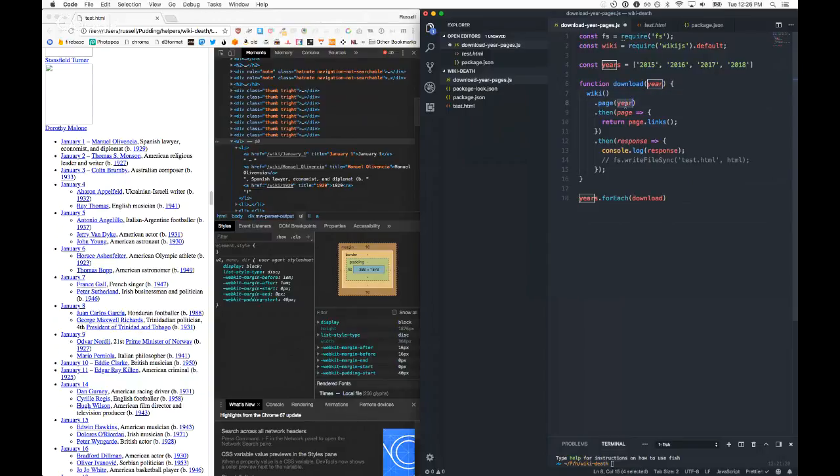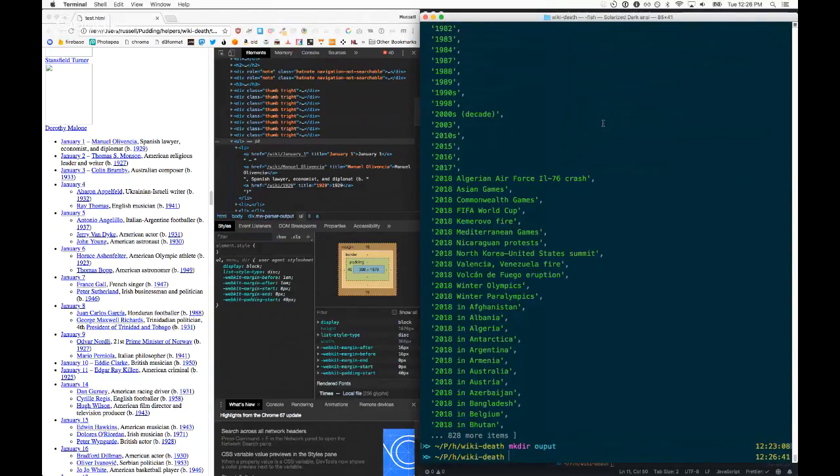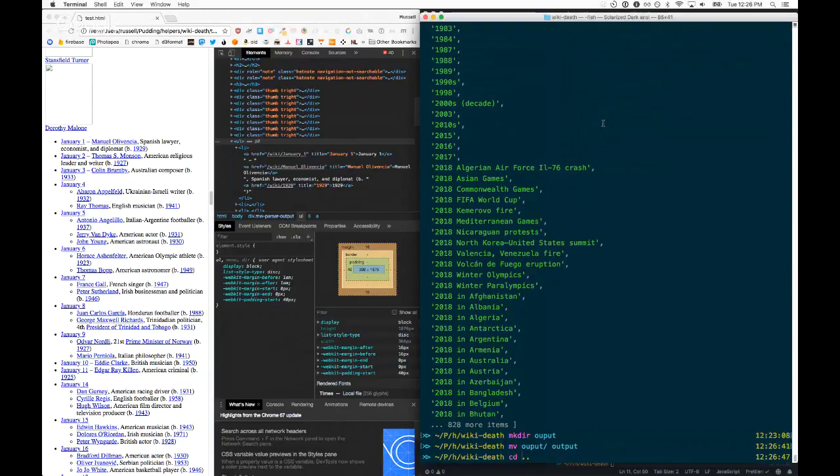We will tell Wiki to query that page. Then we will grab the HTML. I'll do this in a one-liner. And then we're going to write it out, but we want it to be dynamic. So we actually want to call it year.html and response. Let's create an output folder. Output. That's how you spell output. And inside of output,